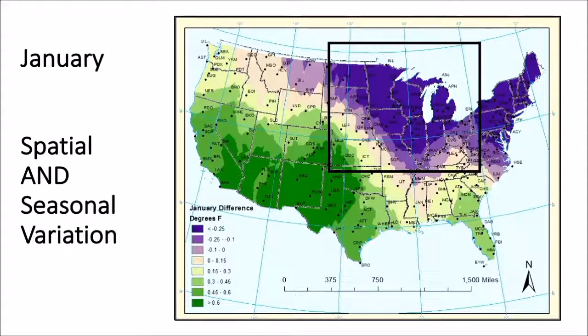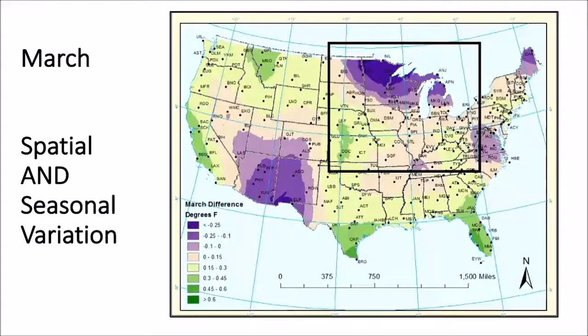There's also, of course, as expected, your seasonal variation. So now these are just some monthly maps. This is just all Januaries for the 30-year period. And notice, for example, the box around the Midwest region. We see here in January a bit more in the way of underestimation, and you see most of the Midwest an underestimation by the traditional method. Flip to March, and most of that area goes to neutral, so now much less of a difference between methods, except in the far upper Midwest, still an underestimation. So both spatial and seasonal variation are all readily apparent here.